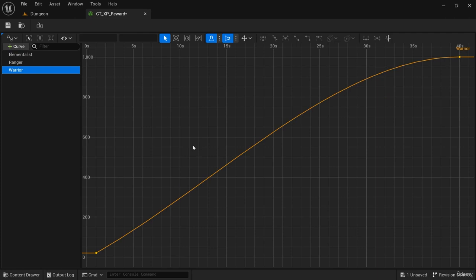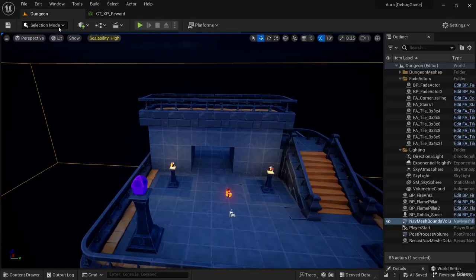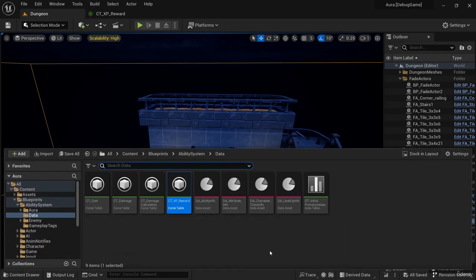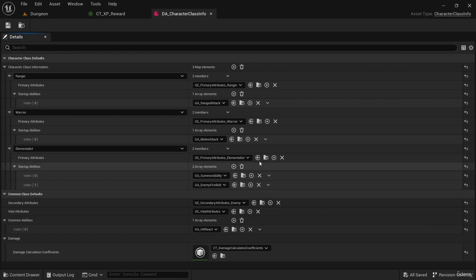So now that we have this curve table, we need a way to get that curve table. And where we're going to have it is our data asset. So we're going to go to our character class info data asset, and we can see it right here. And one of the things we could do is have a scalable float property in our class info struct. That way each of these will have one, and we can set them to the appropriate curve from the curve table. Another option is to just have the curve table, as we have